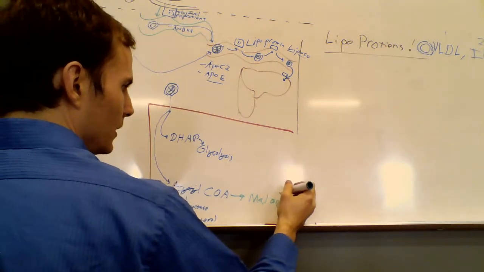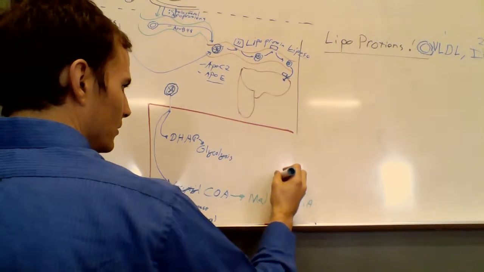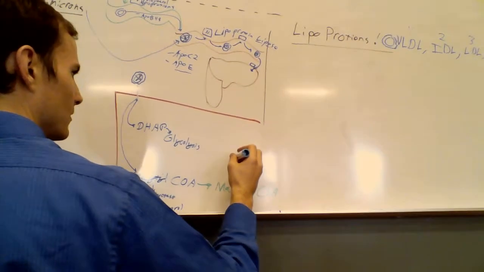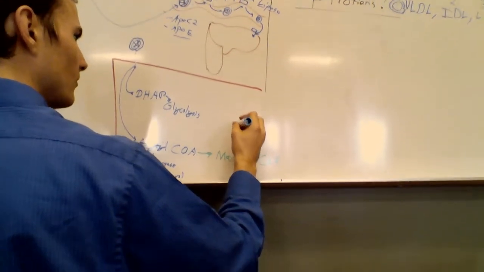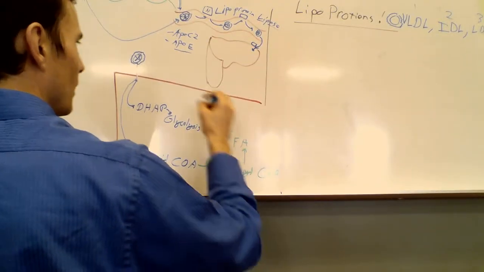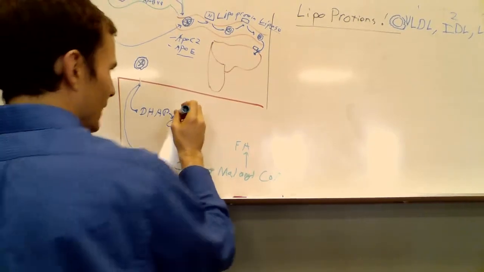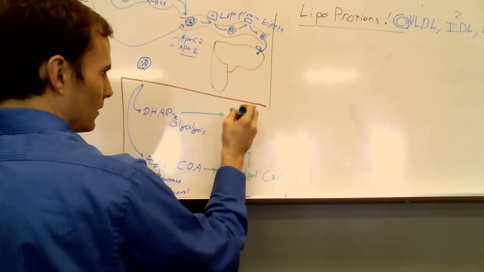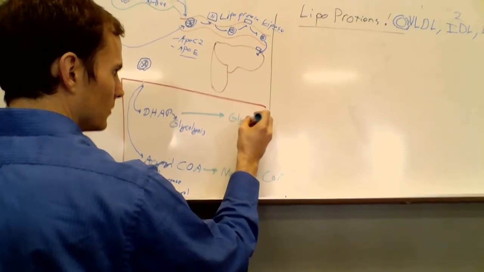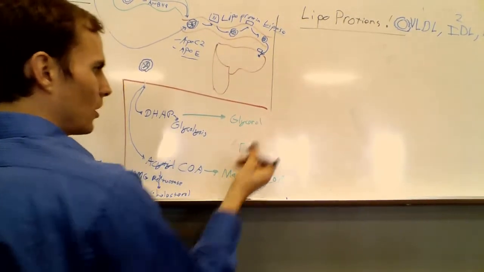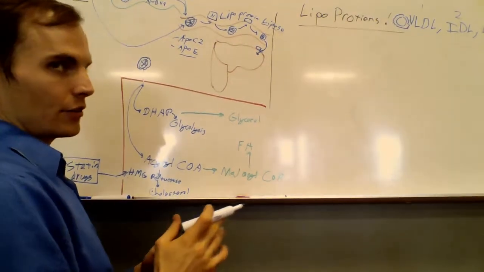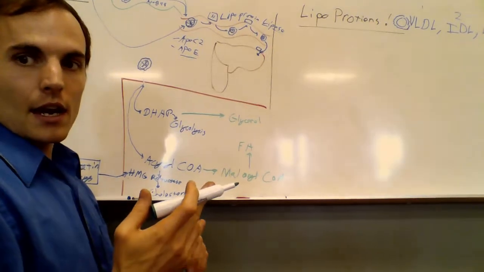And malonyl-CoA yields fatty acids, okay? And then from DHAP, dihydroxyacetone phosphate, you can get glycerol if you are wanting to make more of, because this is going to be making the LDL and the VLDL